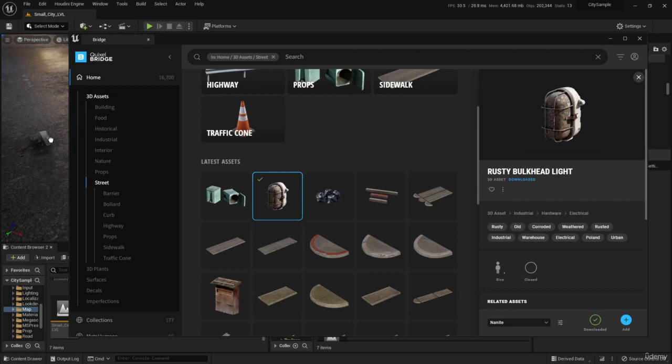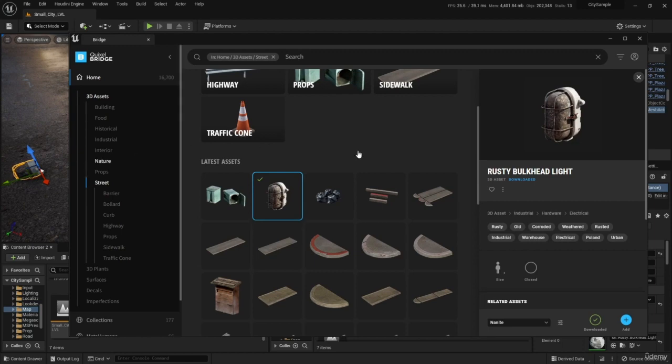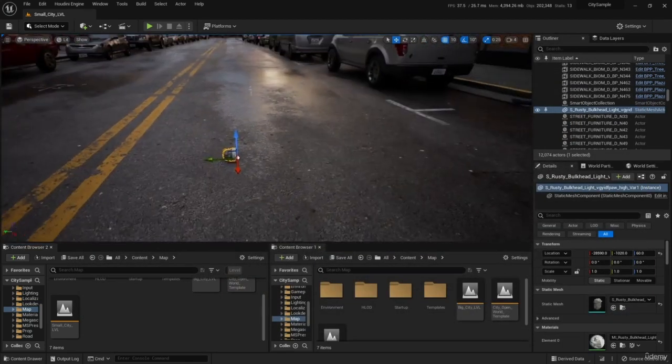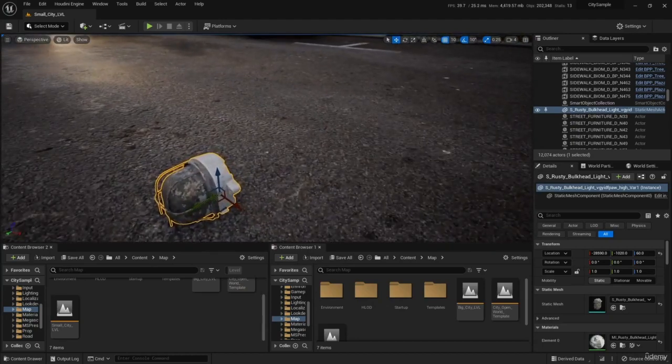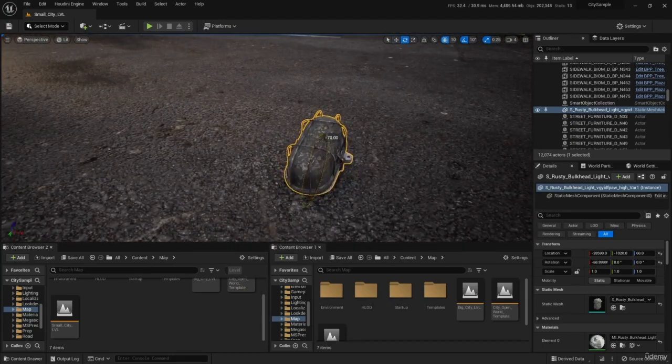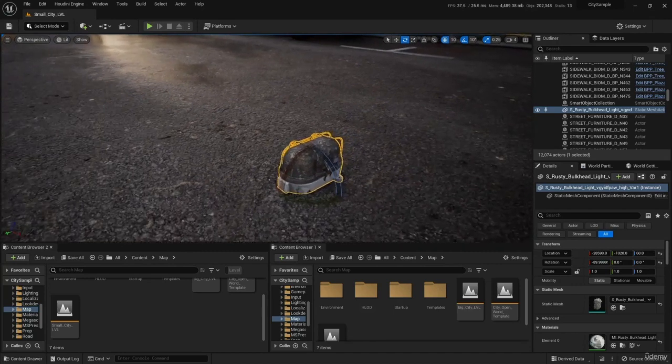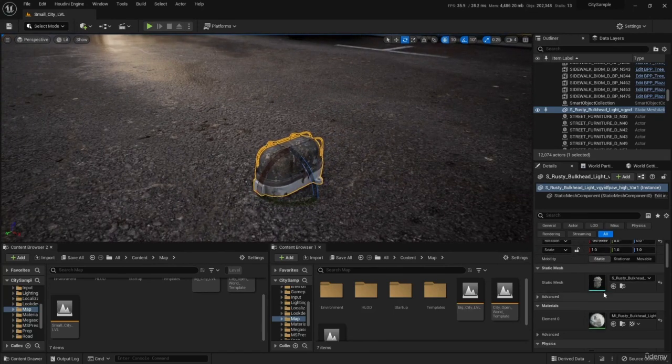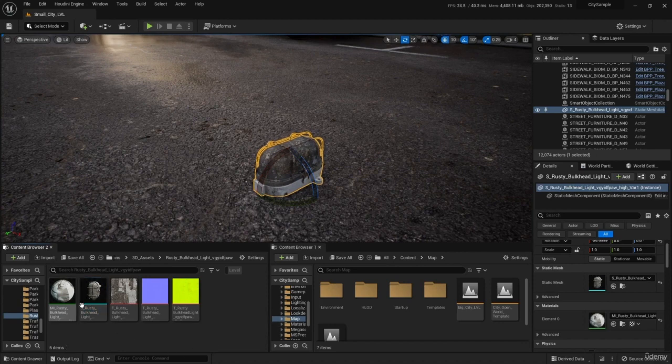So now that the import has finished, we can see that I have my object in the scene. I'm going to left click, and let's X out of the Quixel Bridge. Now, as you can see, our object is in the scene with high quality materials. And if I click this little button in the details panel, it will lead me to the actual material, and